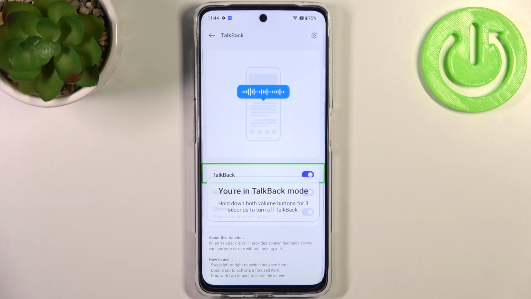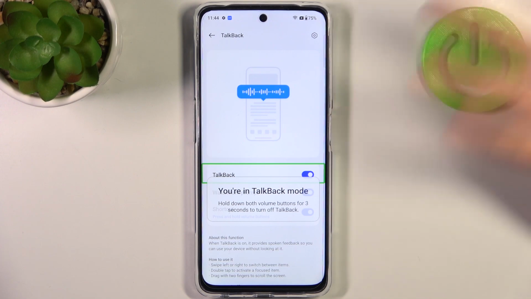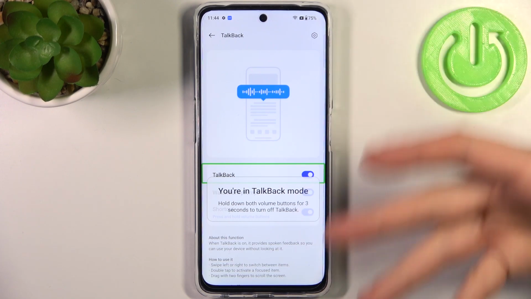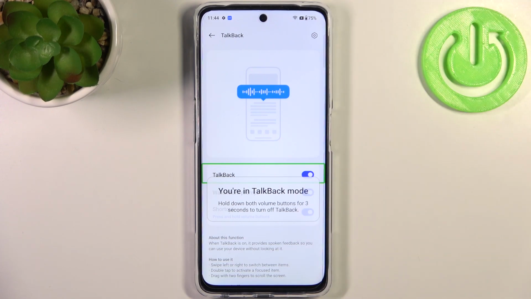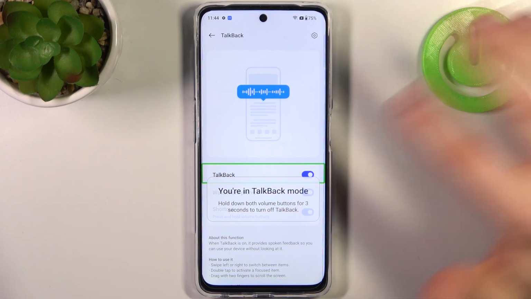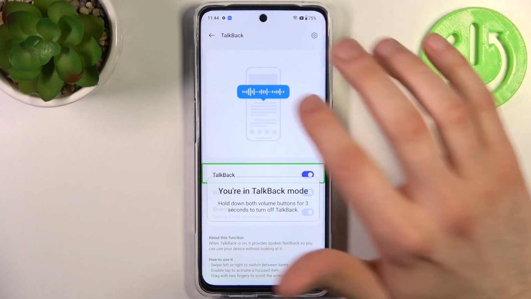can't really see contents on the screen due to different stuff, like maybe someone is blind, maybe some other vision problems, or someone is temporarily blind or something like that, and people just can't really see stuff on the screen, so they should use this feature because it will help them out. So when you're in the TalkBack mode, when you have it enabled to operate, you firstly have to